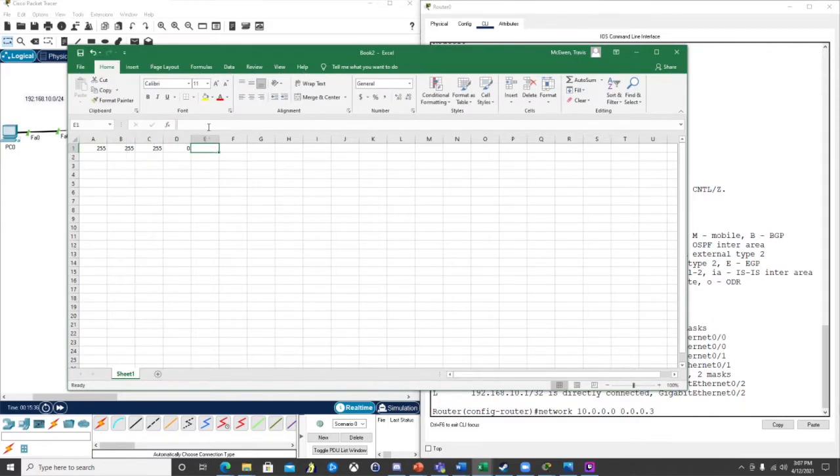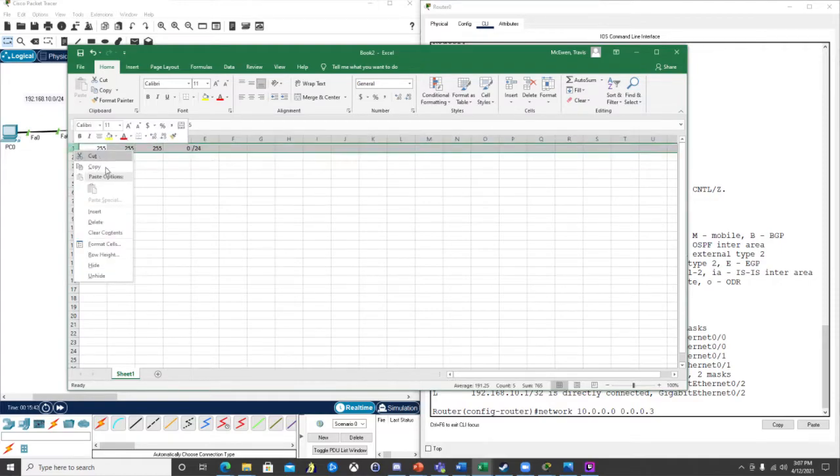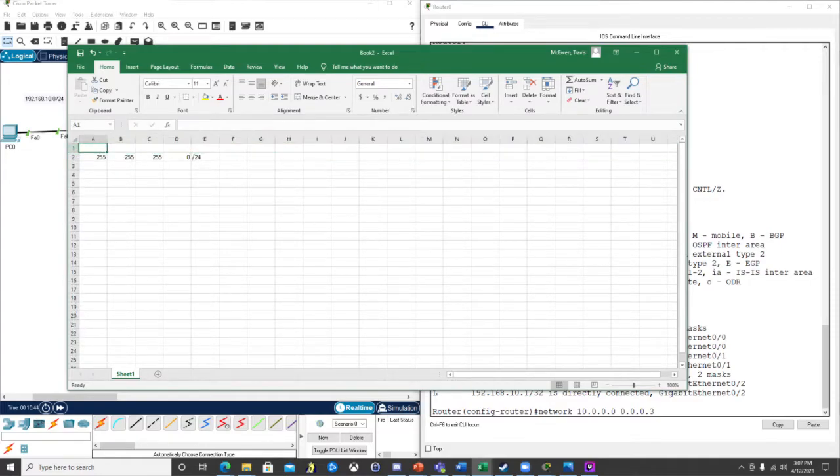So remember, if I'm looking at a network like 192.168.10.0, what the standard mask is telling me as a /24, 255.255.255.0, is that, remember, each octet